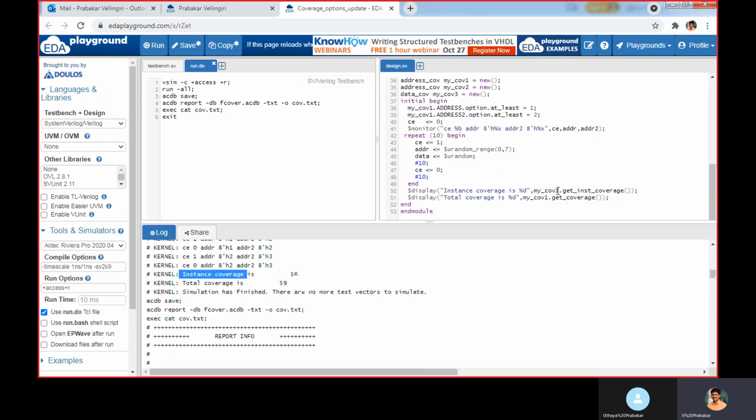To get the myCov1 instance coverage, we should use get_inst_coverage. It is 56. For myCov1, using get_coverage will give the combined result coverage report of the address cover. That is nothing but 59.